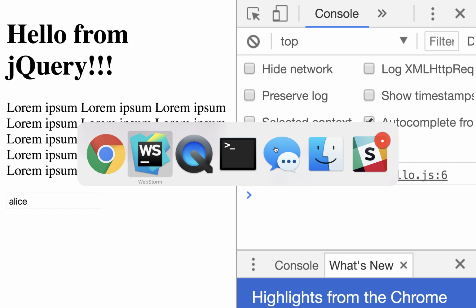But still, I think it's too cryptic. I think it would be easier to read if you take the function out of here, make it a real function, and give it a name, whatever name you want, and then refer to that name in here. This behaves the same way. It says, hey browser, when you're done loading, call this function init. Init is a very common name for a function that runs the very first time.